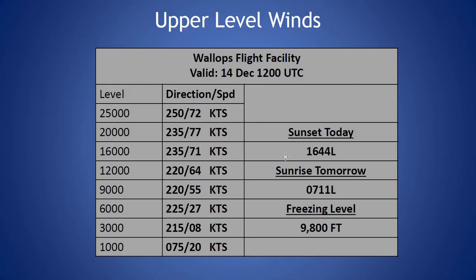Looking at our current sounding from this morning, a freezing level at 9,800 feet. Winds out of the northeast and fairly strong at 20 knots at 1,000 feet, then becoming light 3,000 feet out of the southwest, and winds picking up gradually with height. Seeing a little bit of speed shear between about 6 and 12,000 feet. Otherwise, seeing winds fairly uniform out of the southwest, and seeing a peak wind this morning at 20,000 feet at